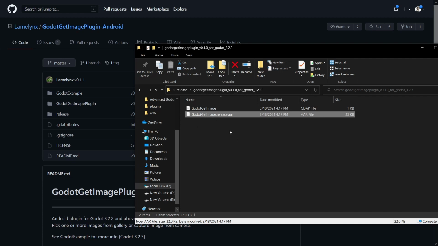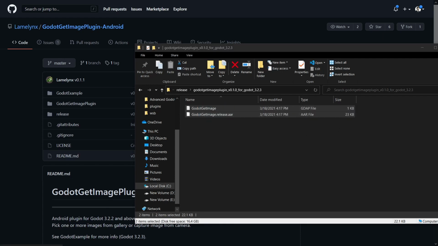If you want to know more about these things, I actually have a video about how to create your own Android plugin, and I will link it in the description below for you, and also, providing that I remember, in the upper right-hand corner. All right, so now that we have these two extracted, let's go ahead and create our